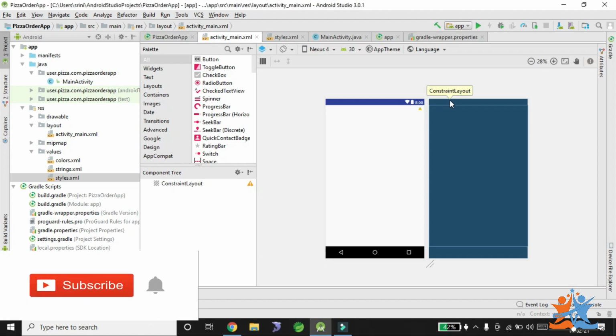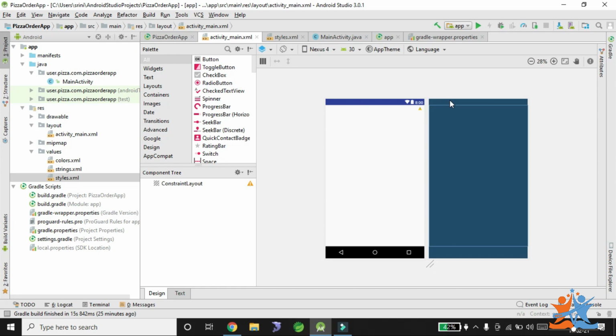Hello friends, today we discuss how to create a form action page by using entry forms and all those things. We will discuss how we need to develop an application in Android, what steps we need to follow, what type of layouts we need to take, and in that what type of elements we need to take.